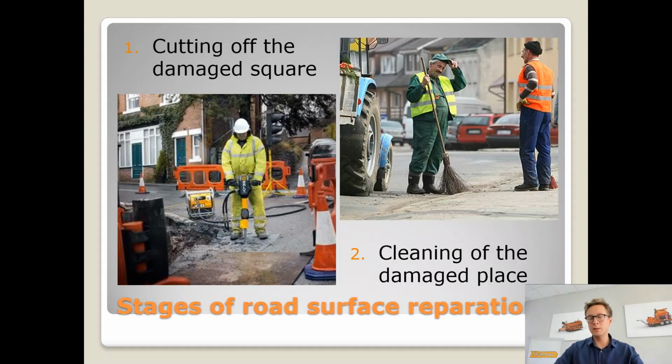provide the quality repair. So the first step is the cutting off the damaged square with either a pneumatic hammer, hydraulic hammer, or a cutting disc or a saw. This has to provide us the removal of the top surface in order to provide the place for the upcoming hot asphalt mixture. And after this step, we of course need to clean the damaged place as good as it's